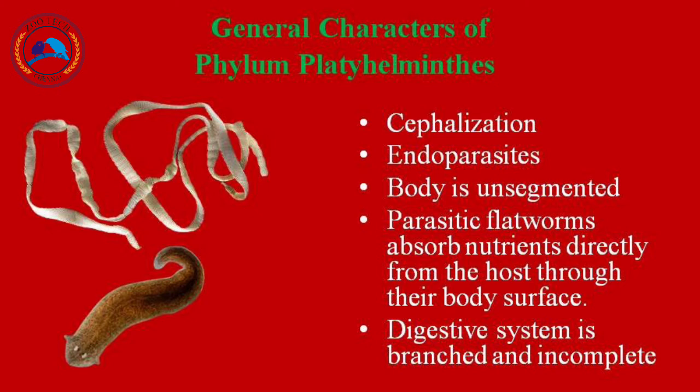In the case of Taenia solium, the digestive system is absent because it is an endoparasite; it takes the food which humans have already digested. The tapeworm is found in our intestines. So it simply takes the digested food and does not have to digest. That is the only difference between the endoparasite Taenia solium and the planaria. Planaria has the digestive system. Alright. The digestive system is branched and incomplete.